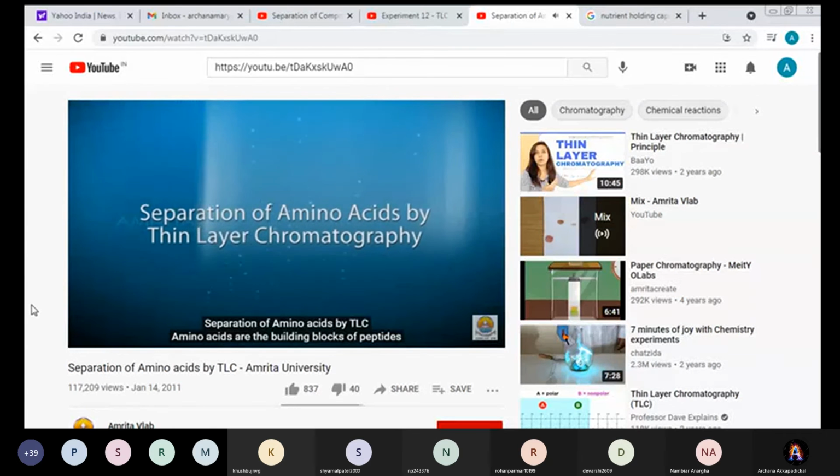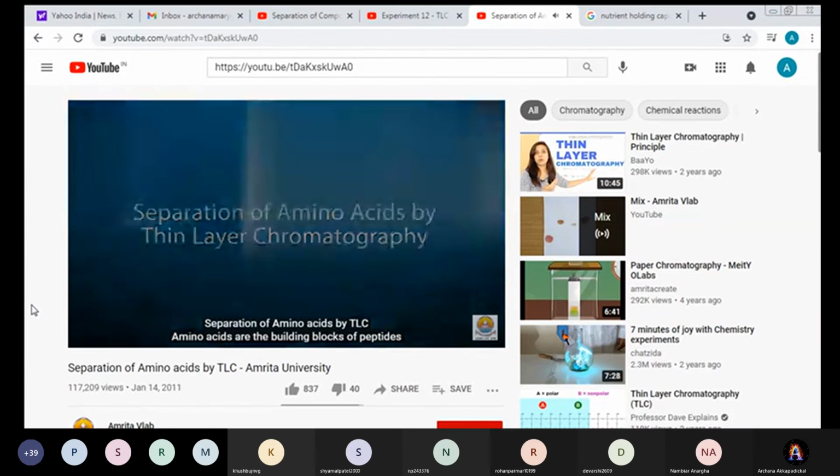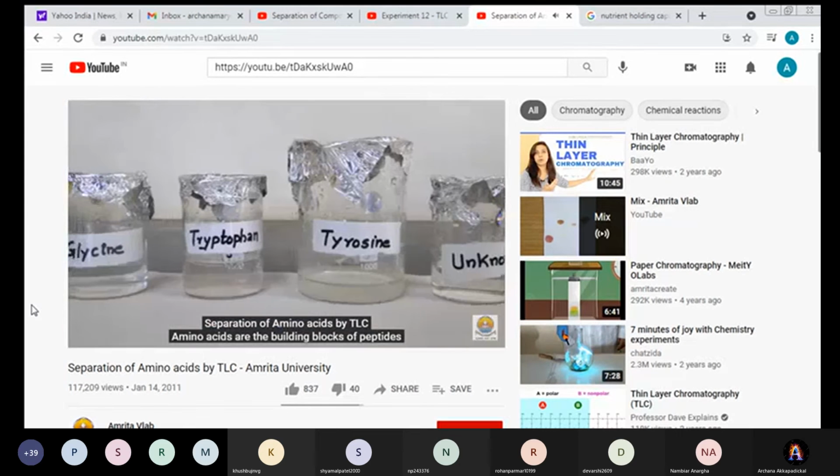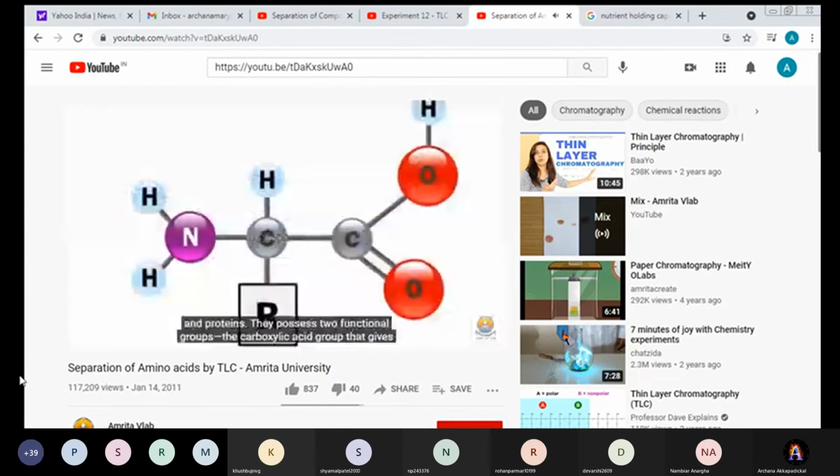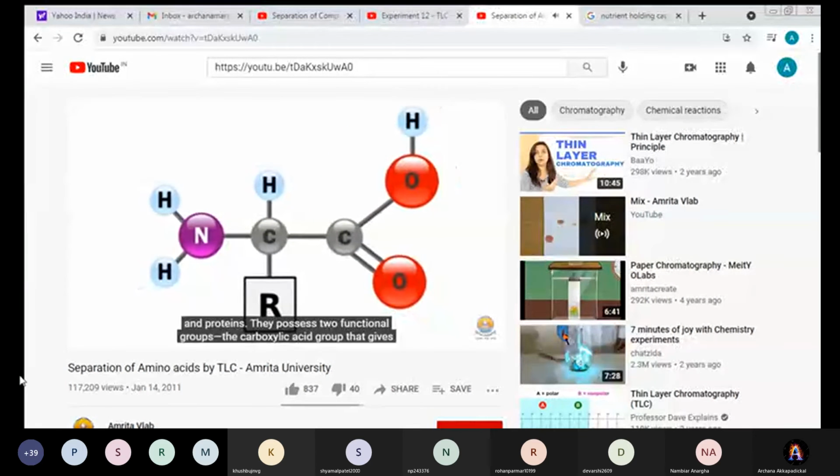Separation of amino acids by TLC. Amino acids are the building blocks of peptides and proteins. They possess two functional groups, the carboxylic acid group that is the character and the